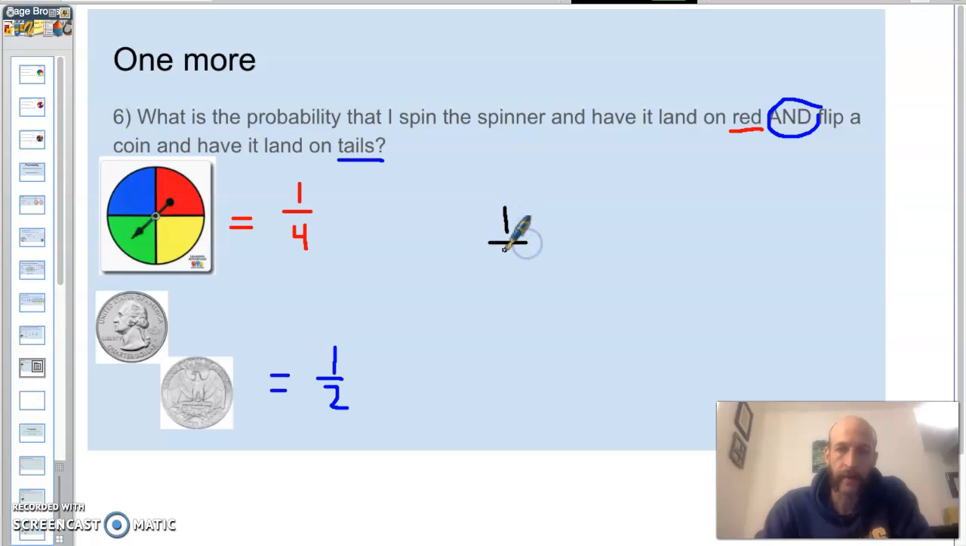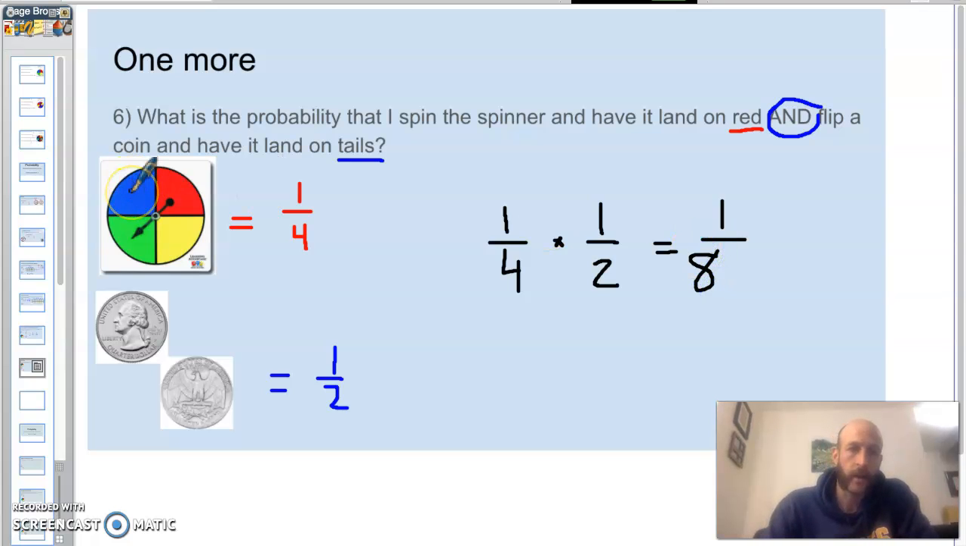So the probability of both of those things happening is just those 2 probabilities multiplied. 1 out of 4 times 1 out of 2 equals 1 out of 8. And that makes sense, right? I could do a blue heads, blue tails,